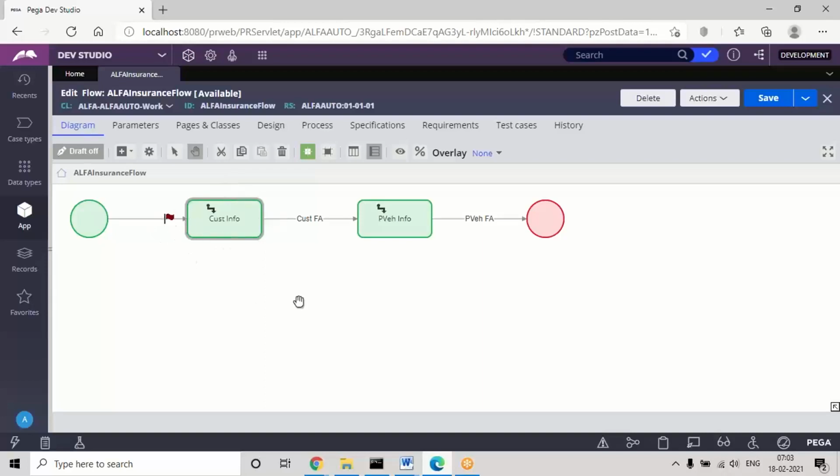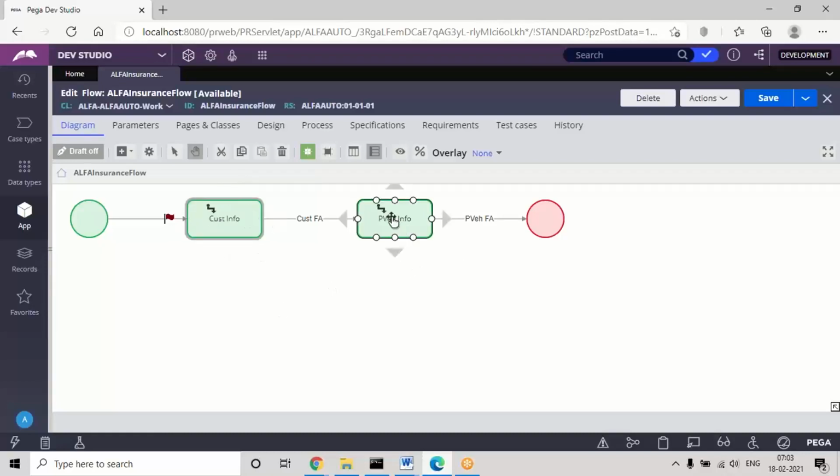And if it is predefined, except for the start shape, because for the start shape we don't have a connector before the shape, right? So except for the start shape, for the remaining shapes you'll get some flag. Okay, so that will define the status of that particular shape.